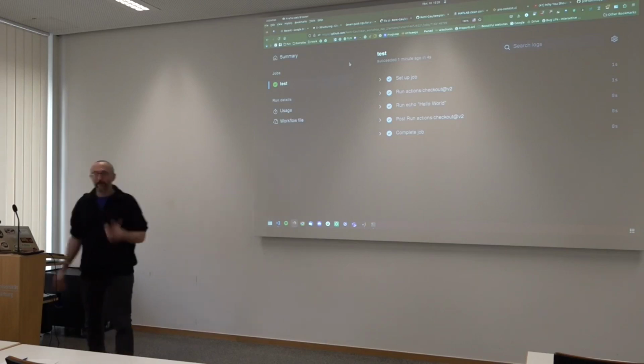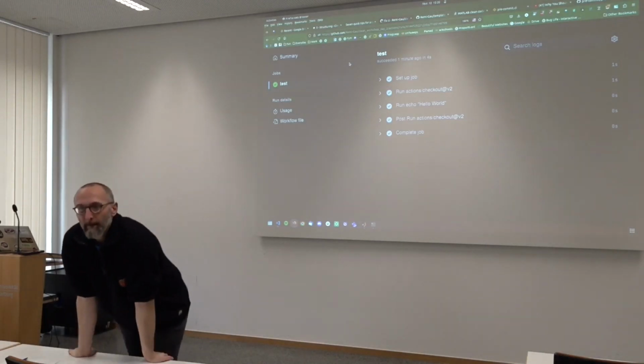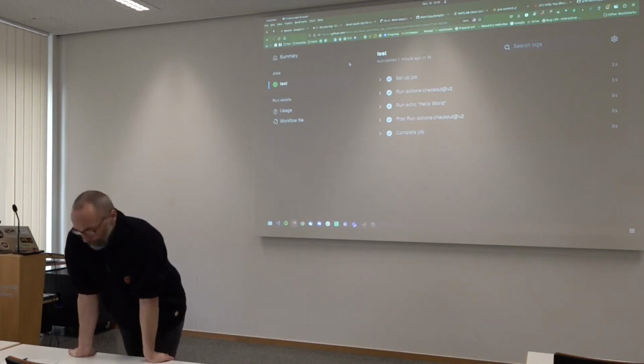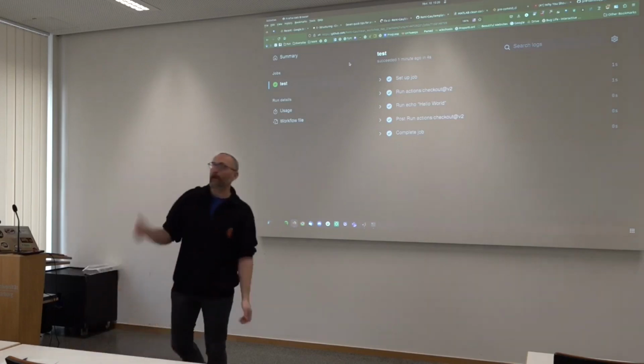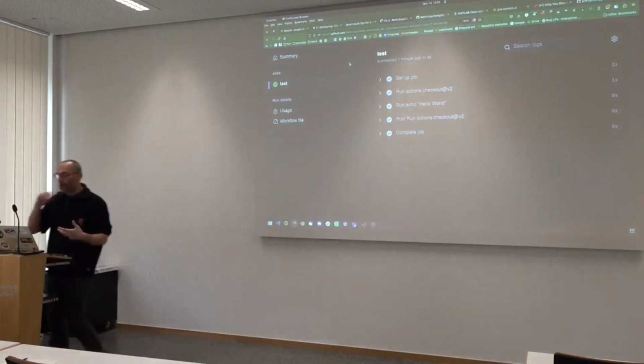Yeah, is there a way to get the warning already in the command line? Because this way we had to go over to the browser and see if it worked. Is there a way to see it already when you push? Not that I know of. Usually what I do is that I have a whole bunch of notifications, I'll get emails, but I won't see it from the command line.